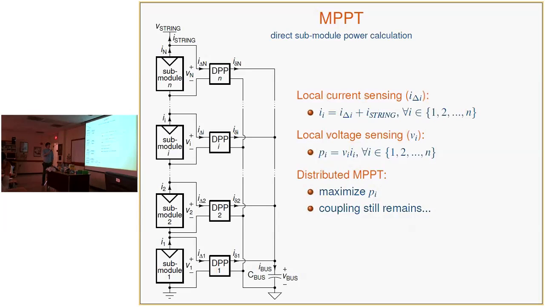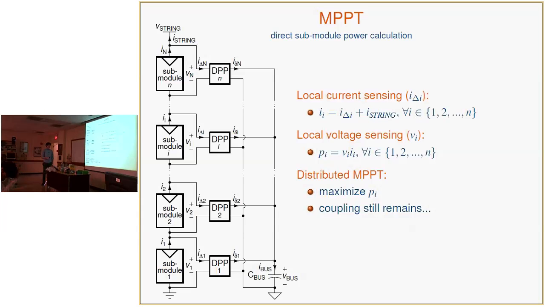So you can communicate the string current through the bus to the DPPs, and then they'd have the string current. They'd have their local process current, so they can calculate their submodule current. And then from there, you can sense each of the submodule voltages locally and losslessly, and you can do a direct calculation on the submodule power. So then you can perform a distributed maximum power point tracking algorithm that runs perturb and observe locally on a DPP, on a submodule's